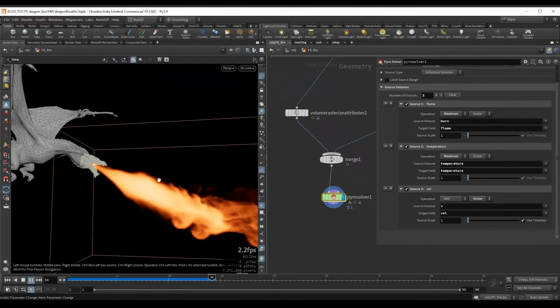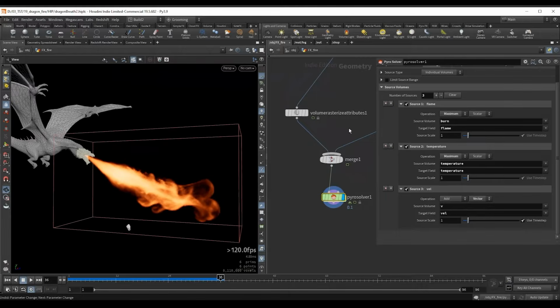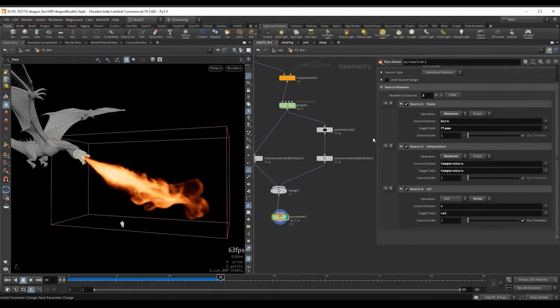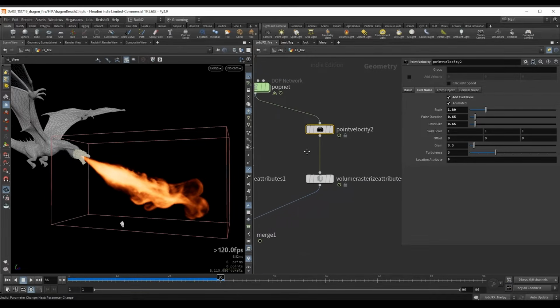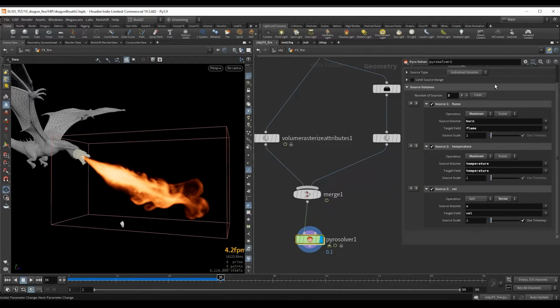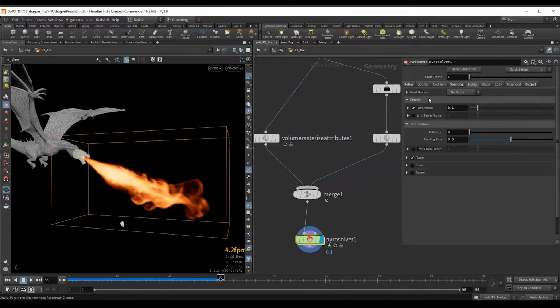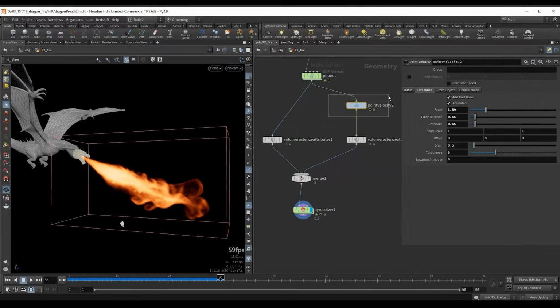We even have a little bit of noise, and most of the breakup that's happening in this smoke is gonna come from this point velocity here. Otherwise, we really shouldn't have that much breakup because we are not using any turbulence or disturbance yet. So this is why this point velocity node here is useful for us.